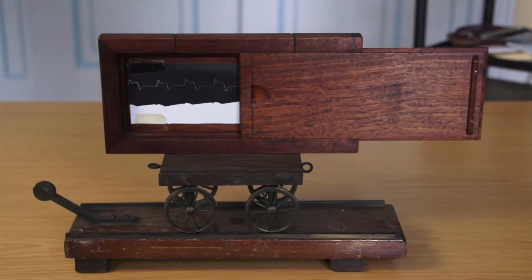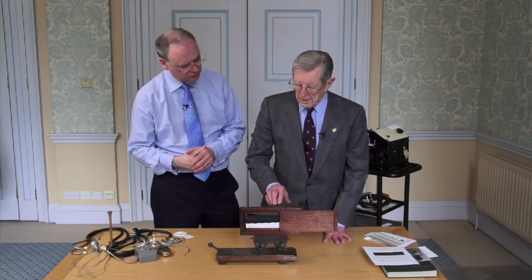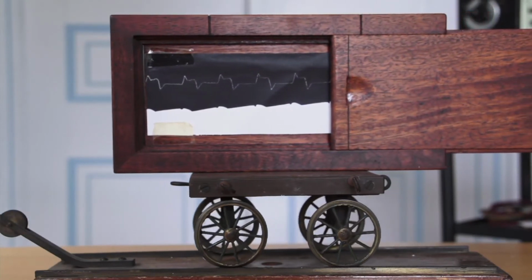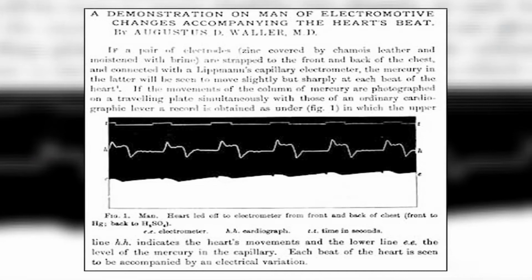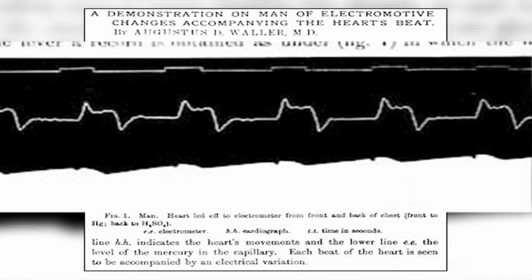A beam of light was shone onto a photographic plate on this board from a thing called a capillary electrometer, and as the beam of light wiggled up and down, recording the electrocardiogram, these little miniature trains moved across and recorded the electrocardiogram. So this is Waller's original description in the Journal of Physiology for 1887, and the lower tracing is the electrocardiogram. It only shows two waves. One is the R wave and the other is the T wave, but